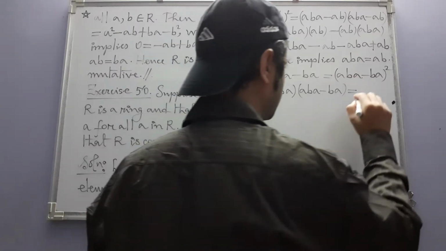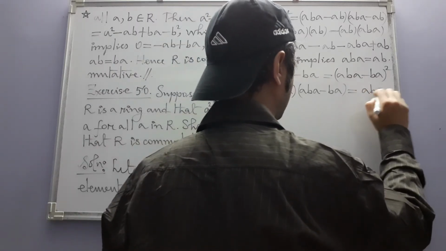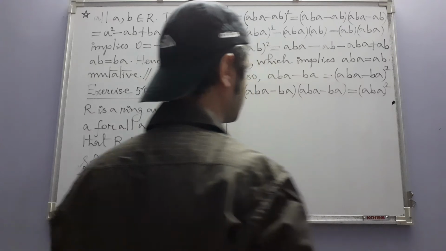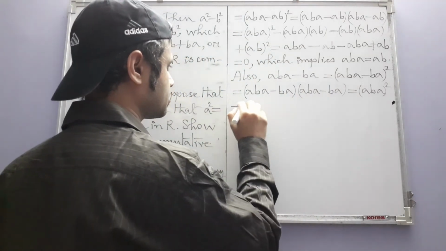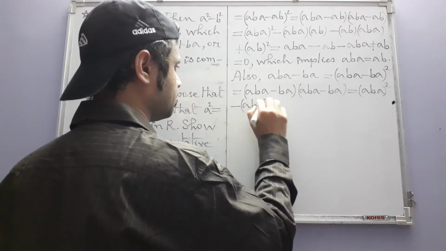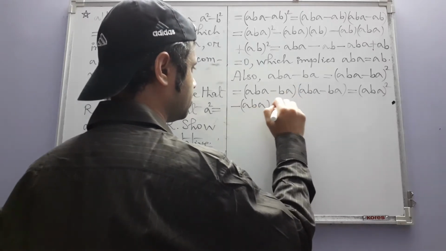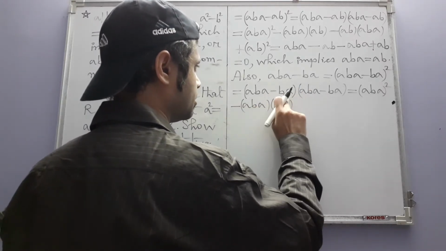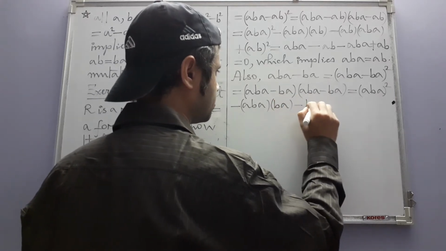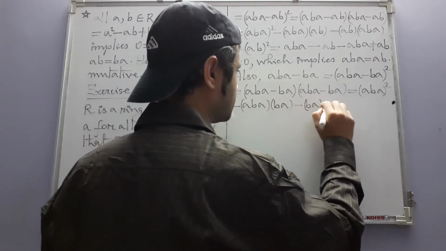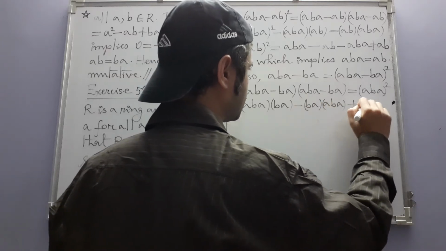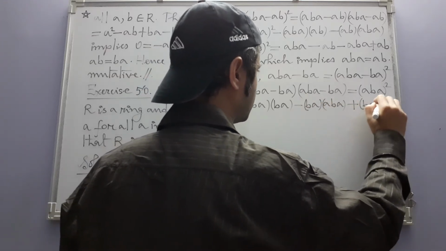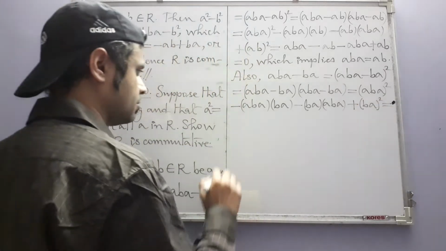So the first one of course is ABA square, then this times this minus ABA times BA, then this times this minus BA times ABA, and finally plus BA whole square. So we get